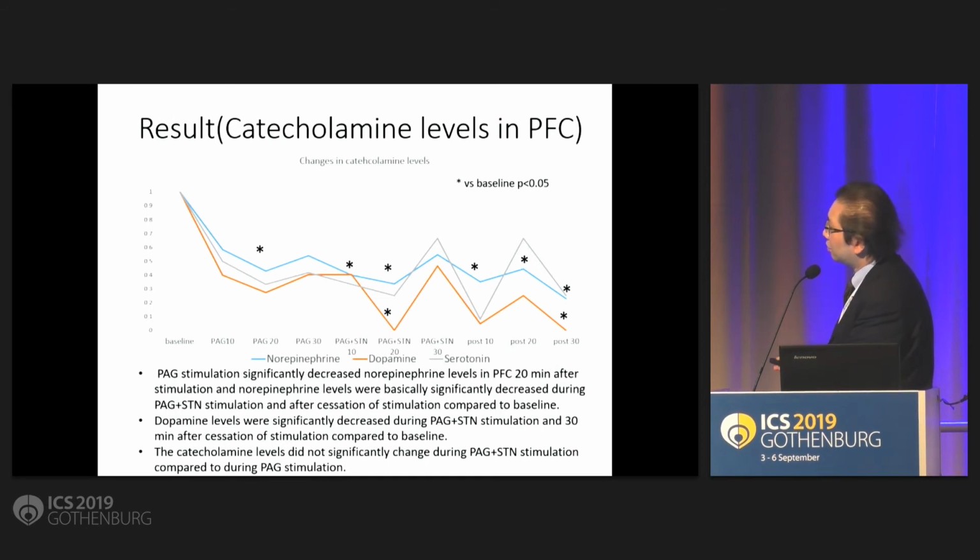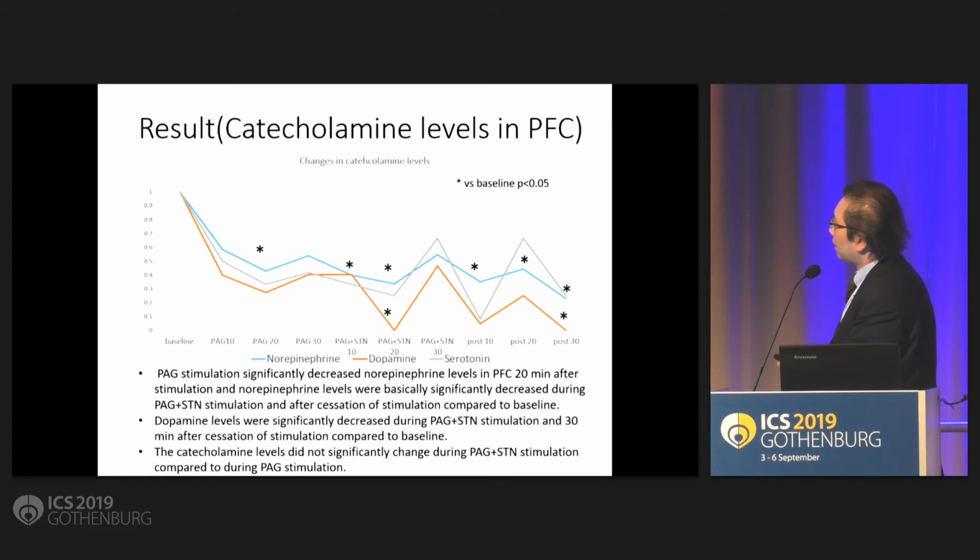And this is the result of the change in the catecholamine levels in prefrontal cortex. Blue line norepinephrine, red line dopamine, and gray line serotonin. So PAG stimulation, like here, significantly decreased the norepinephrine levels in PFC 20 minutes after stimulation. And norepinephrine levels were significantly decreased during PAG plus STN stimulation, and also after cessation of stimulation compared to